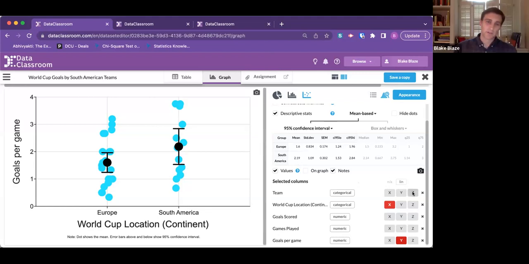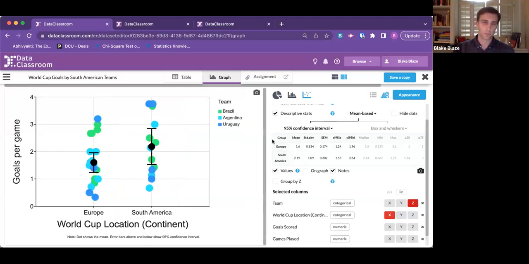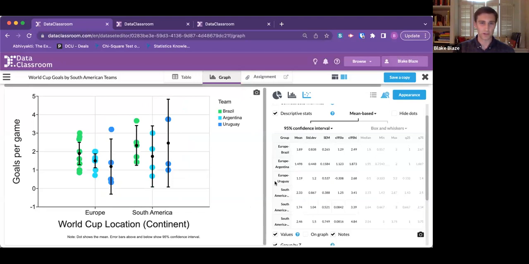And then just one additional quirk, if you want to take a look at how this trend played out among the 3 different countries, we could add what we call a z variable, but really it's just overlaying a third variable on this 2-dimensional graphic here, and it will break out their performance by team. And so if we group them by Z,